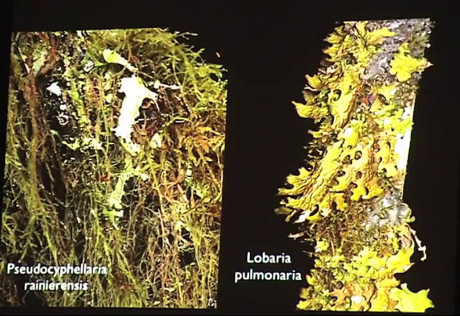Pseudocyphelaria rainierensis, yeah. And actually, I think some of you bark people have learned about this lichen and used it to help protect areas of old growth, because it's a rare enough lichen that protecting it ends up being important in relation to limiting logging. Another, Lobaria pulmonaria, is also a three-way